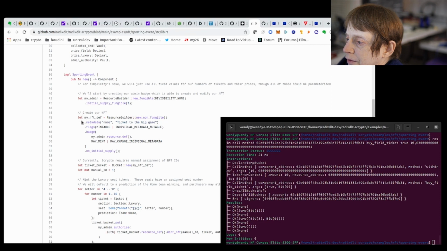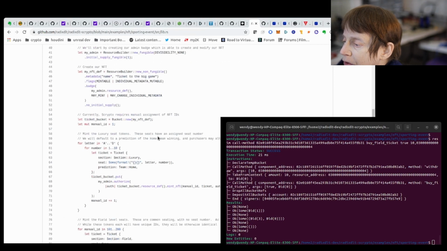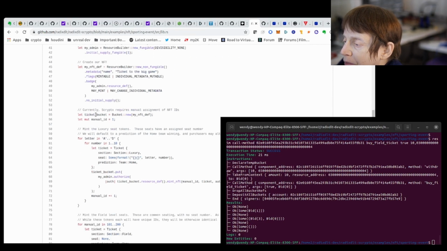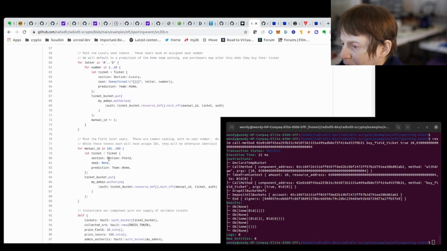Then you define your NFT. You create your ticket bucket based on your NFT definition. And then you first create your luxury tickets, which are A to D, number 1 to 10, and they are going to cost, and we'll see that later.